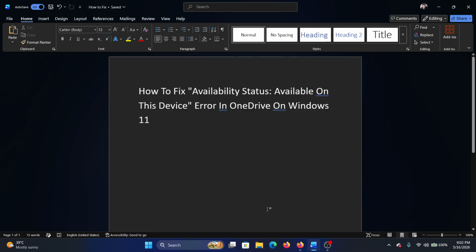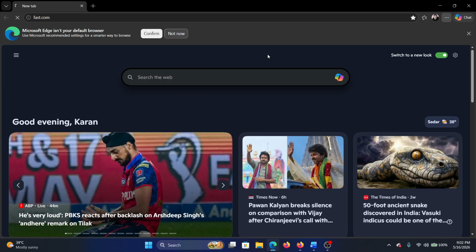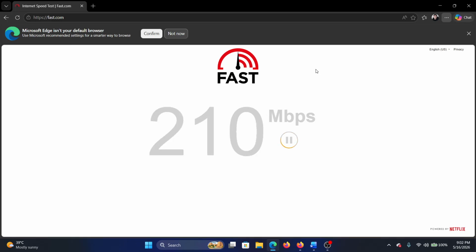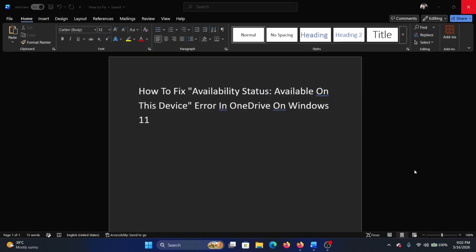And in this case, our first approach would be to check the internet connection. So simply go to fast.com on any browser and check the internet speed. Is it good enough? If yes, then proceed to the next solution, which is to unsync and resync the OneDrive